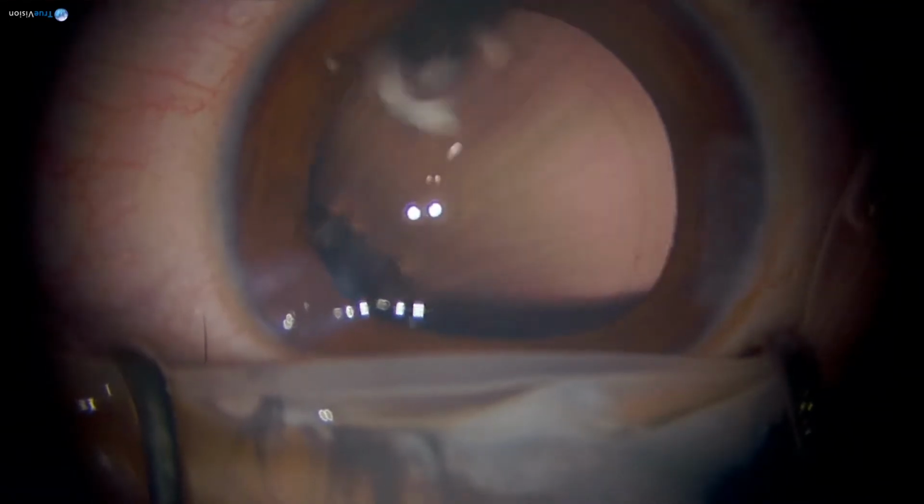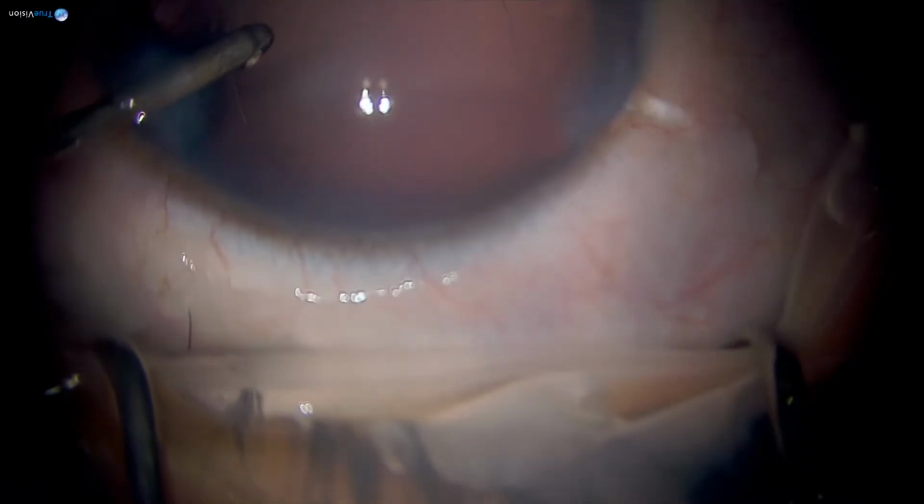Yes, 24.5. We are going to put a hydrophobic single piece lens. Yeah, I will do it in this case, because the capsular axis forceps does not have a vertical dip. So if it is there, I'll be happy to do a posterior capsulorhexis. So far, no questions. When you're doing your posterior capsulotomy, anterior vitrectomy,